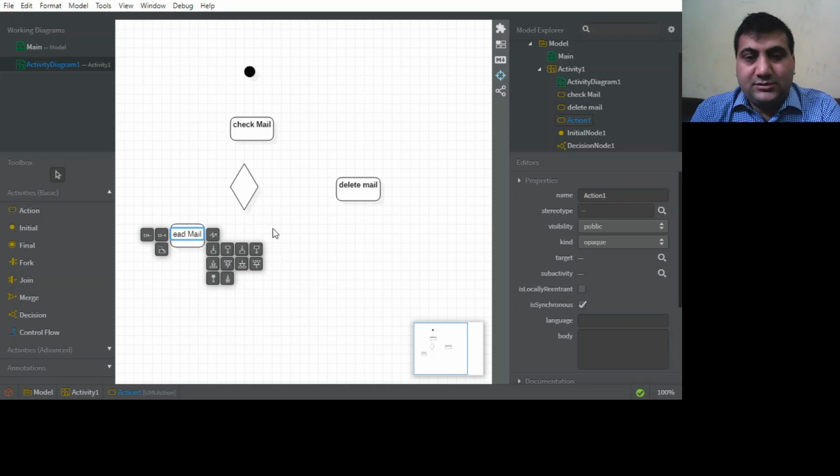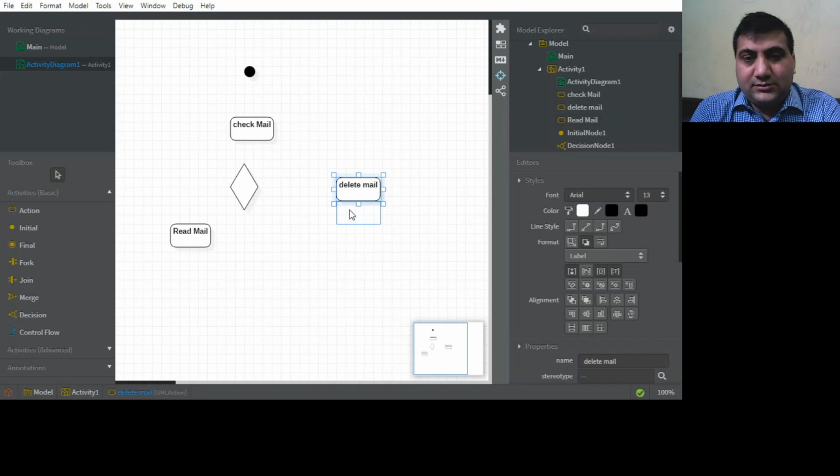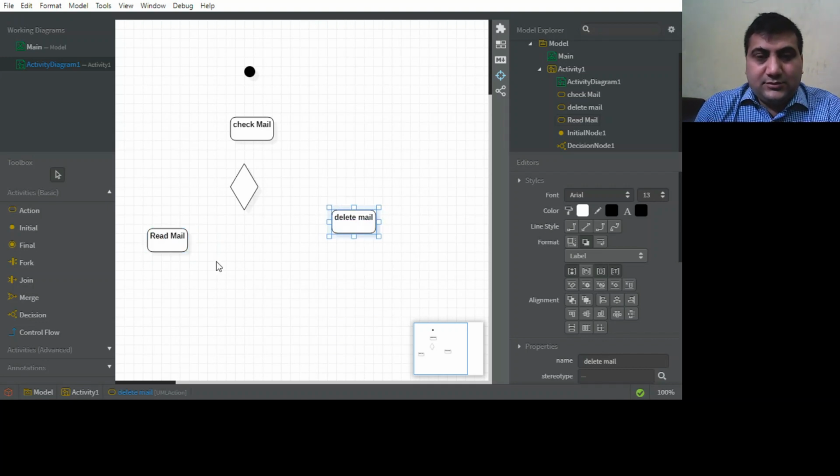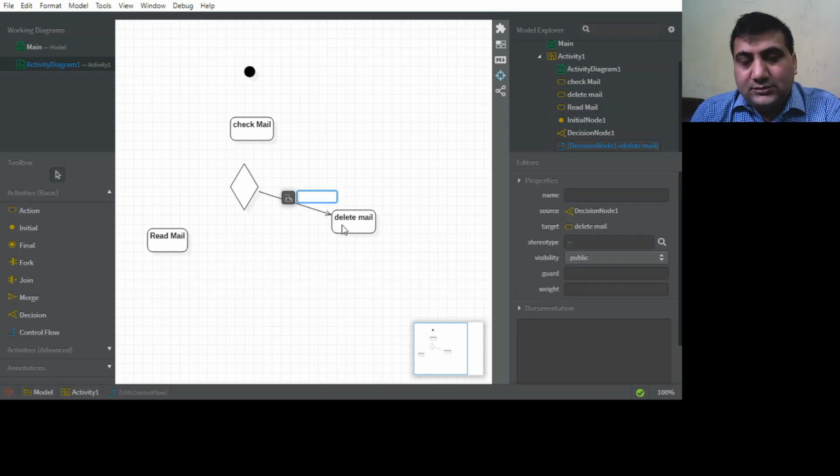Read mail. So put here the control flow, is junk.